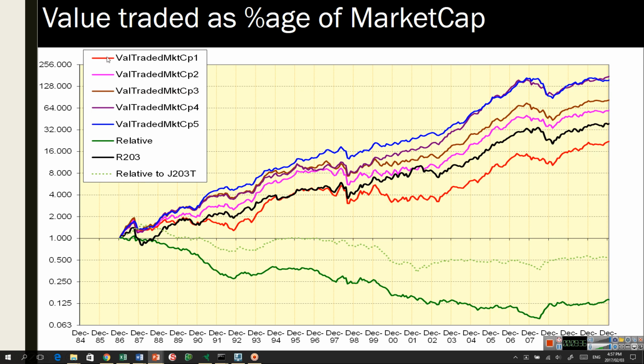Now, you will notice over here the color coordination that we've got, from red to pink to brown to purple to blue, is in fact the wrong way around here. We see red, pink, brown, blue, and purple together pretty much over here. And this is the absolute inverse of the way in which we have set them out over here. So quintile 1, which is the red one here, which was the most liquid portfolio of shares, is at the bottom of our performance chart.